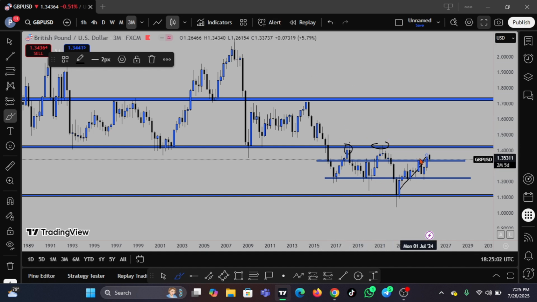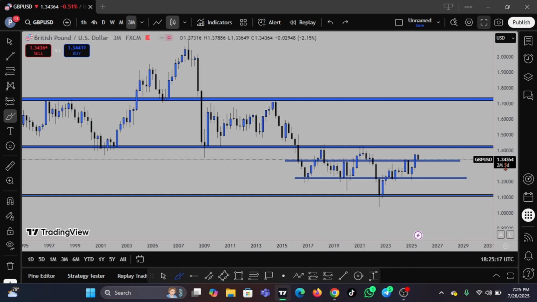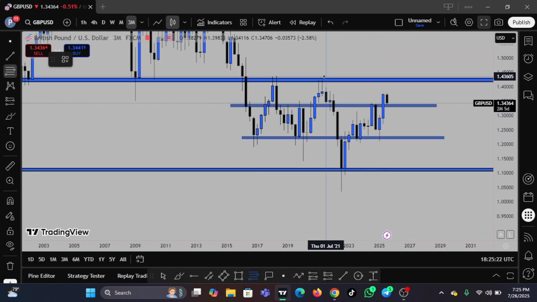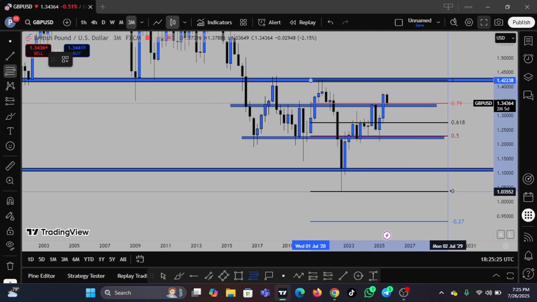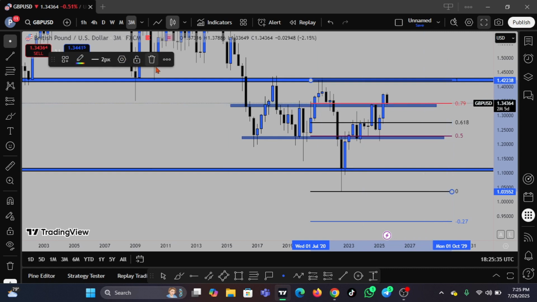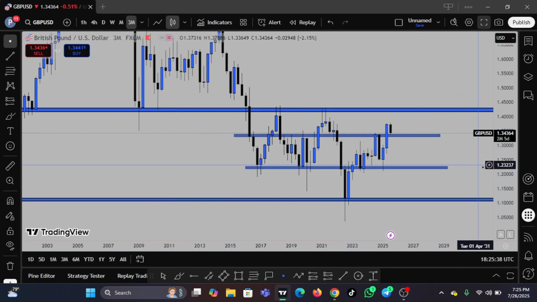So from here, we'll still see that this is still a high that's lower than this if we are following the market structure rules, which price can as well still drop from this point. It might just be like a deep retest on this 3-month chart. And also, if I should pull out my Fibonacci from this recent high to this recent low, you can see that that is the 79 Fibonacci retracement. Did price want to reject from that level? We are going to see as we narrow down the various time frame.